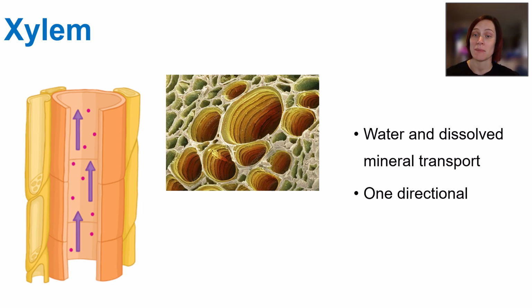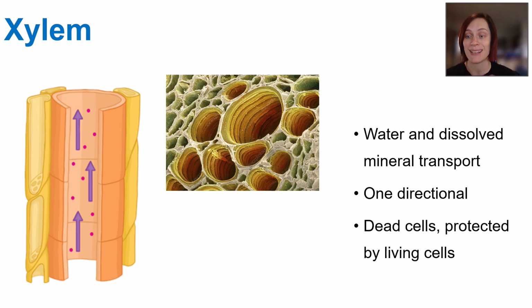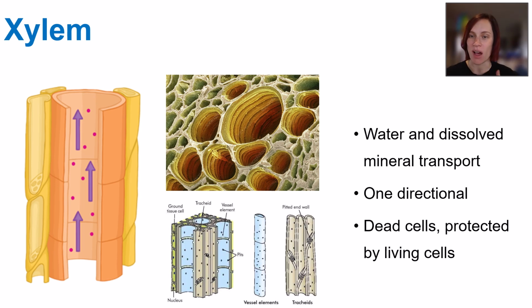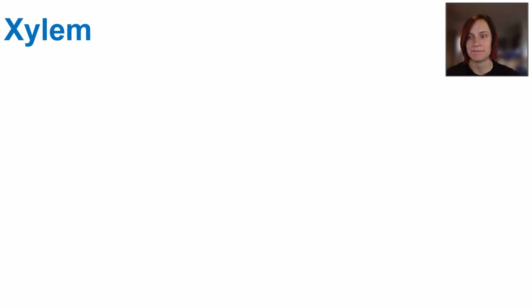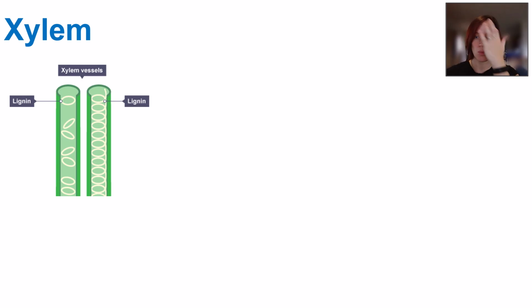Xylem tubes are actually made up of dead xylem cells joined end to end, and they're surrounded and protected by living cells. So when the xylem cells die, the cell walls at each end start to dissolve, and they form these really long straw-like tubes. They have thick cell walls to make the xylem tubes really, really strong. So, straw. Xylem also have a secondary function of support, and the walls of the xylem are lignified, which is